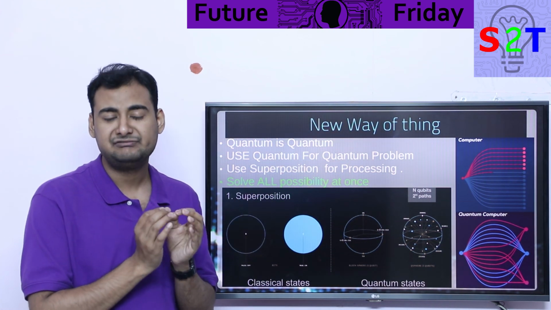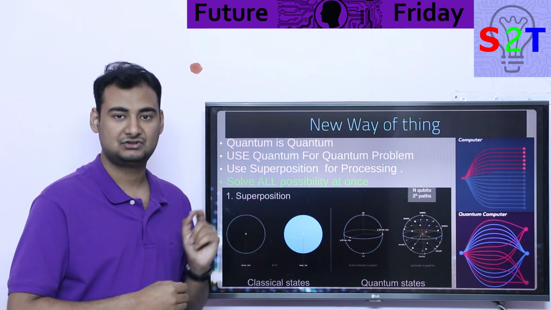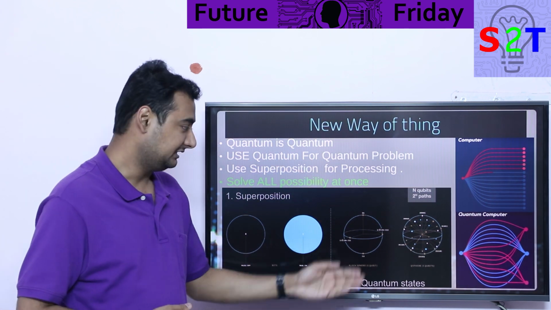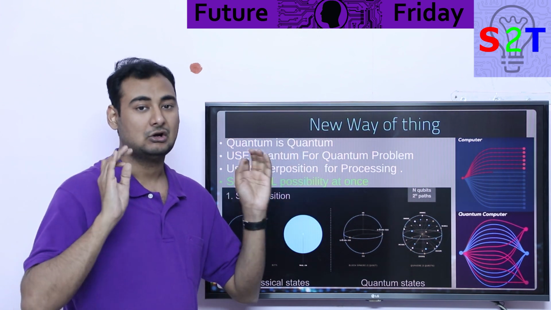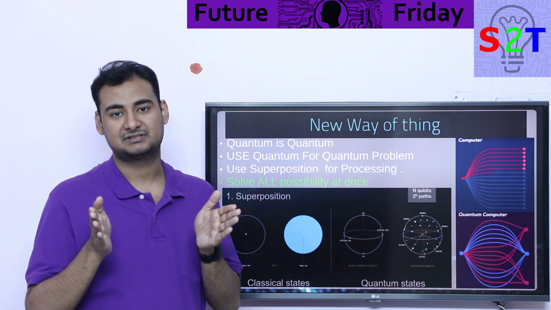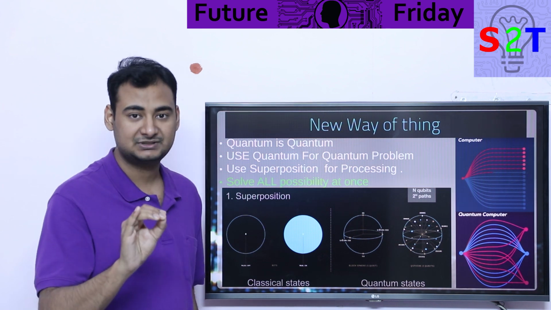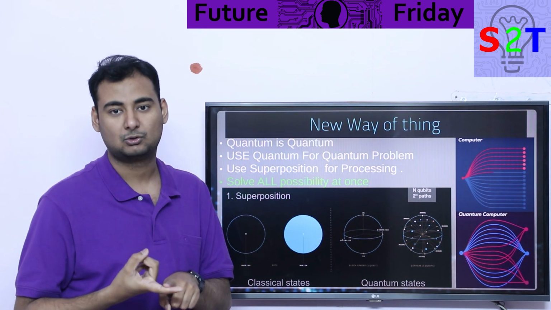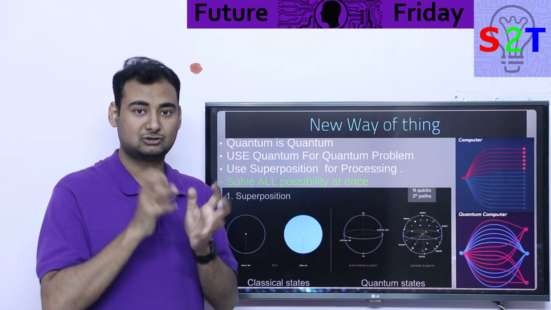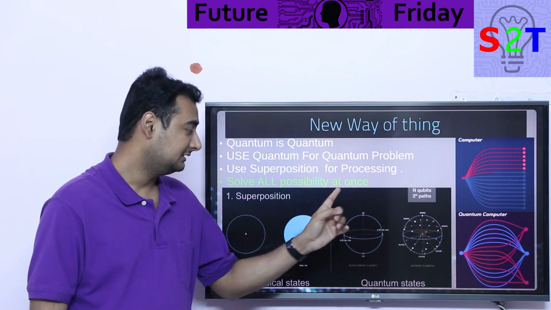So the same way I specified, a transistor is the building block of a normal computer. A superposition is the building block of a quantum computer. Now superposition has two states. Either it's off. Now what the heck does off mean here? Off simply means you read and directly observed it. That's why you will always hear people say observation changes the outcome of an experiment. That's what happens, because the moment you observe it, or you heat it up, or you probe it with a voltage probe or anything, it collapses. It goes from infinite probabilities to a fixed probability. That's the off state. Then you have the on state.